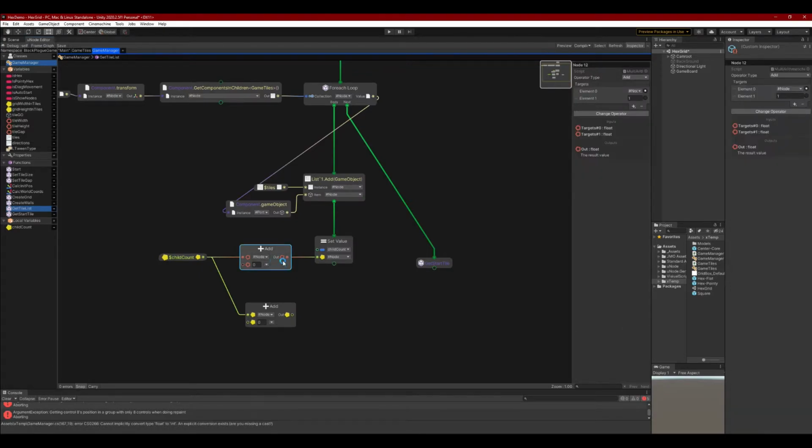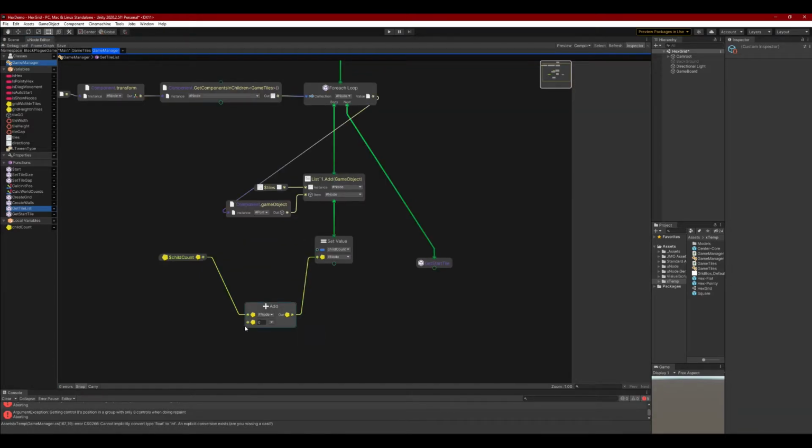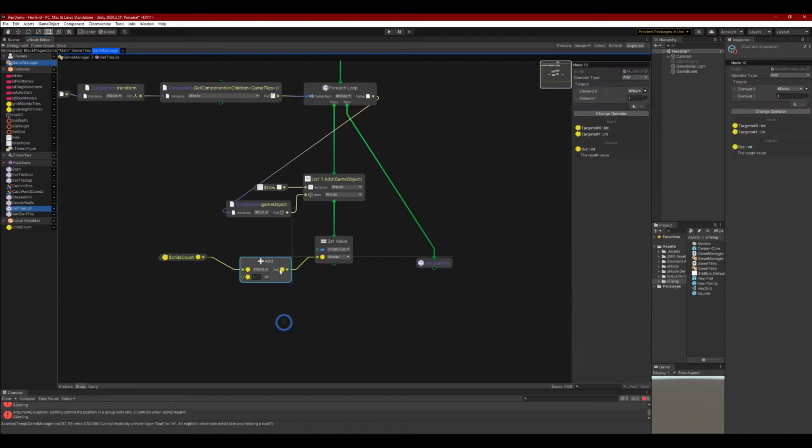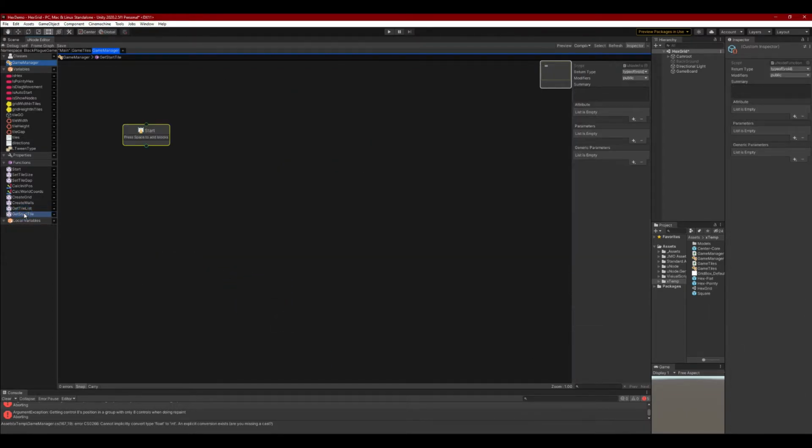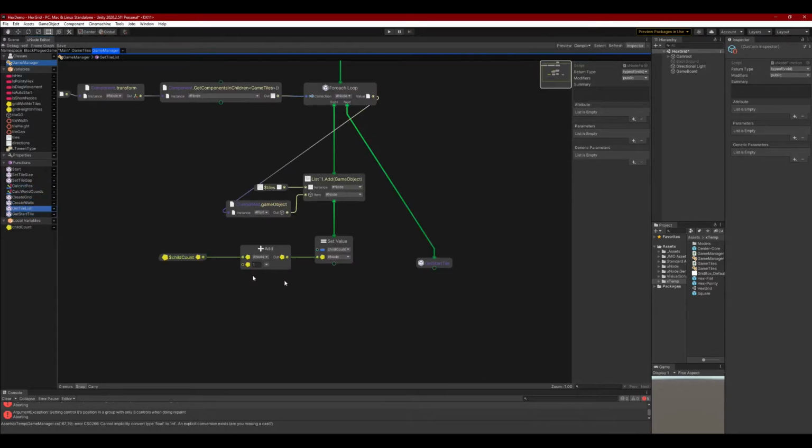Also note that the add node was a float node and not an integer, so we wanted to swap that addition out with an integer type of addition. Okay, we're going to go back to the getStartTile and finish that function out,